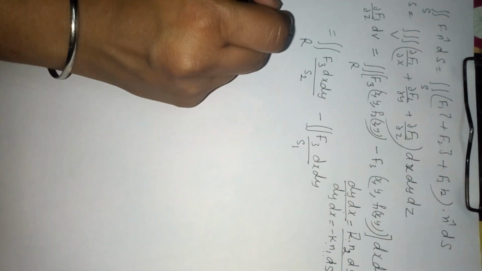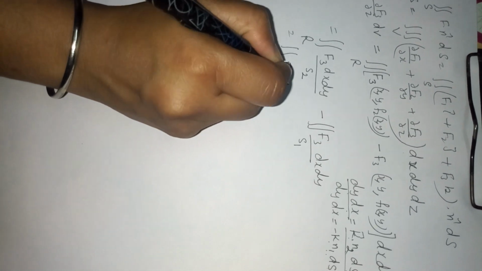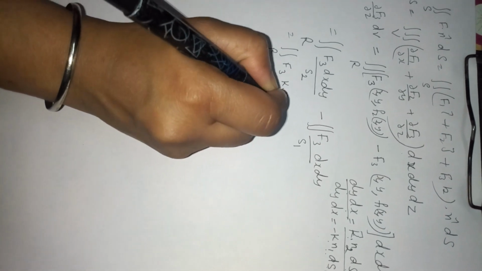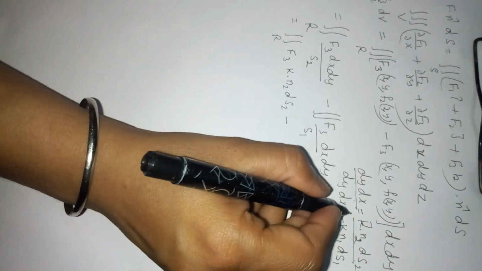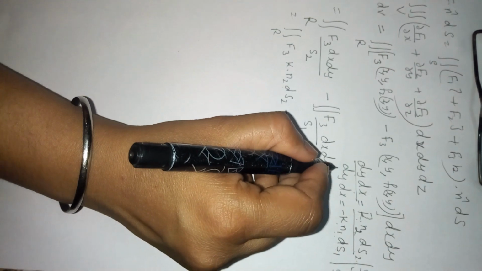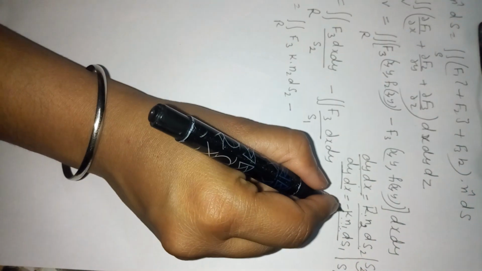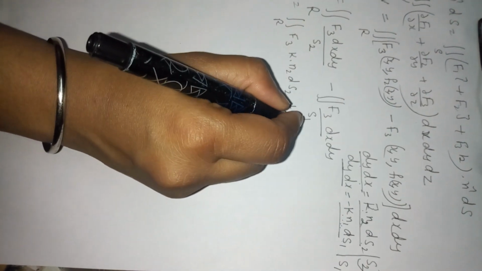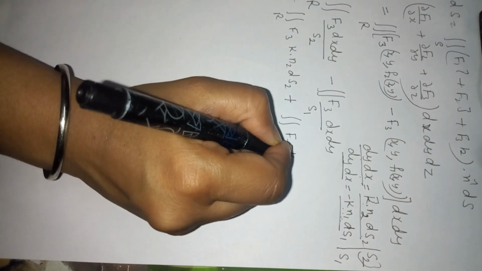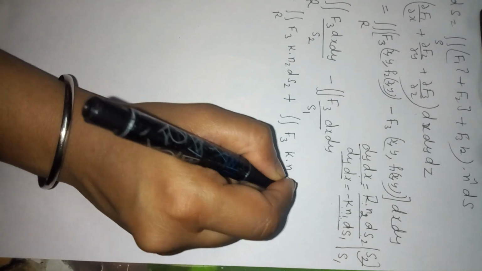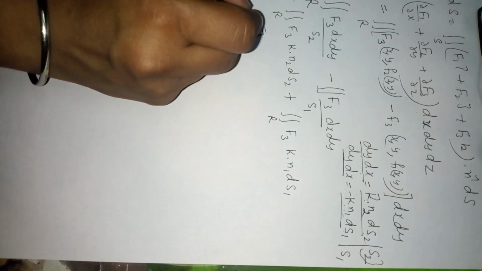So this is equal to the double integral over R of f3 k dot n2 dS2 minus negative, and dy dx for the S1 surface is minus k dot n1. So negative becomes positive, f3 k dot n1 dS1. So by adding this we get